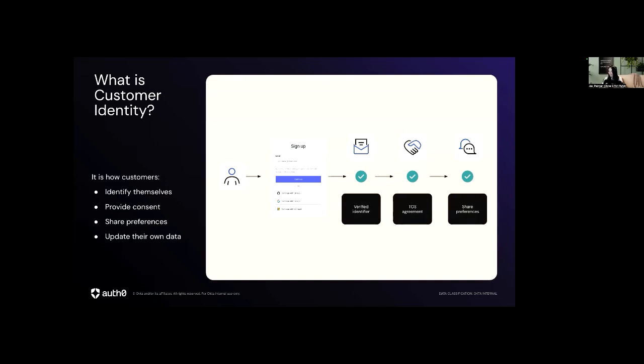So the one thing about customer identity is that it's everywhere. And most of the time, a lot of us just don't think about it day to day. What I personally love about customer identity, and really what's key to understanding it, is that we all experience it every single day. So whether you're shopping online, you're logging into your banking app, or you're accessing your patient portal,